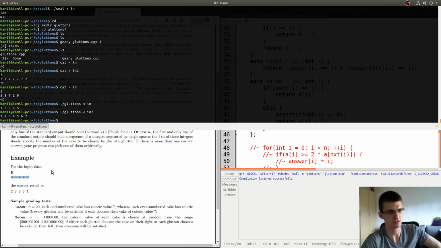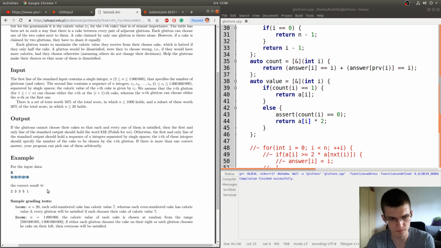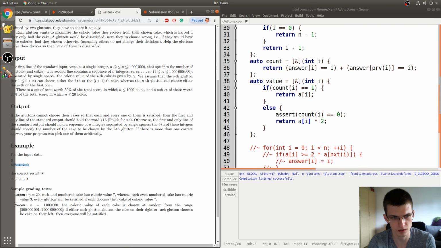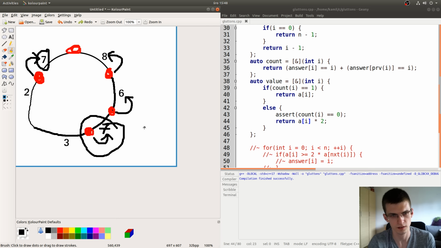Okay, for the input with only 7s, we get that every person takes 1 cake, to his left or right, I don't know, but it's for sure okay. For the sample input, we got something different than what is described in the statement. So let's see if it's correct.